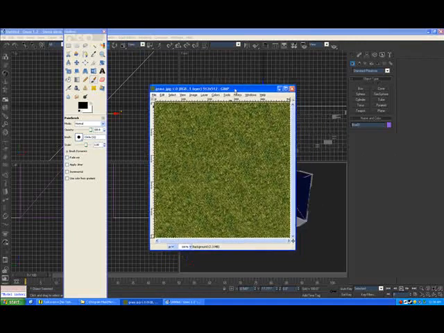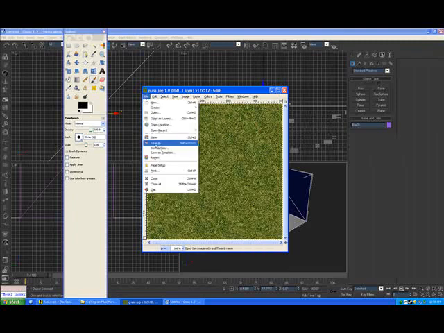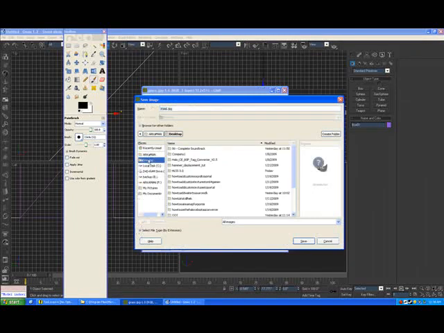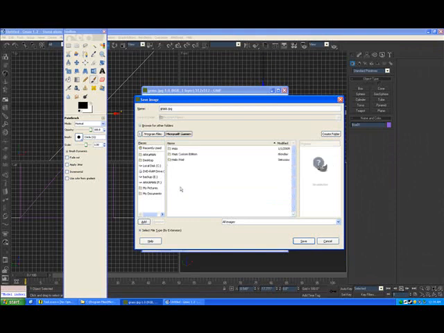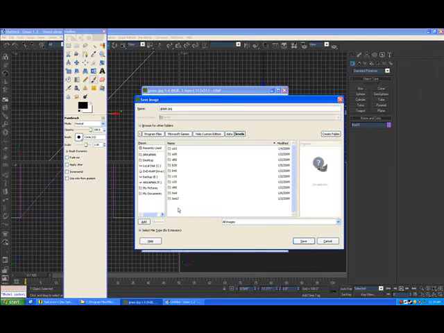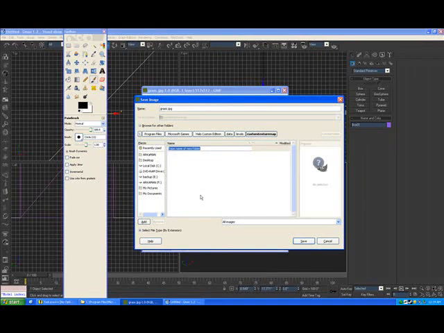So here it is, and I'm going to go ahead and save this as a TIFF in my data folder. So I'm going to go save as, and I'm just going to go to my Halo Custom Edition root directory, go to levels, and make a new folder, and I'm just going to call this custom texture map, shall we say, and I'm going to create a new folder called bitmaps,